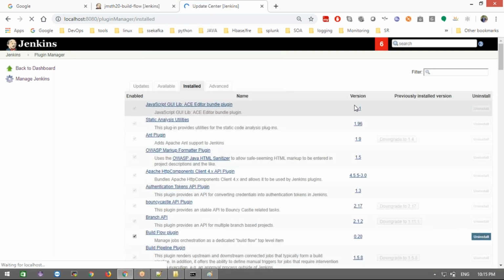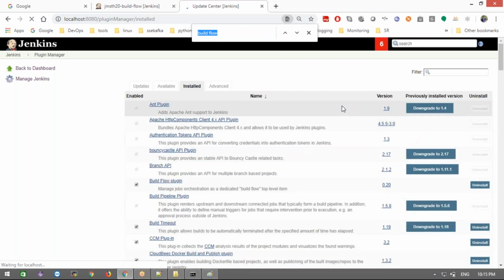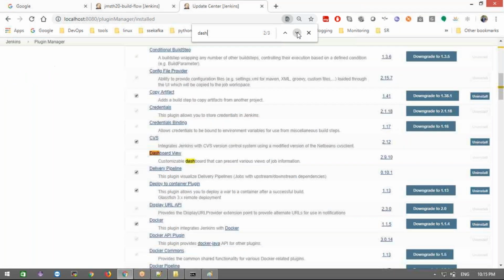For this, I need to search for this dashboard view plugin. You need to install that.